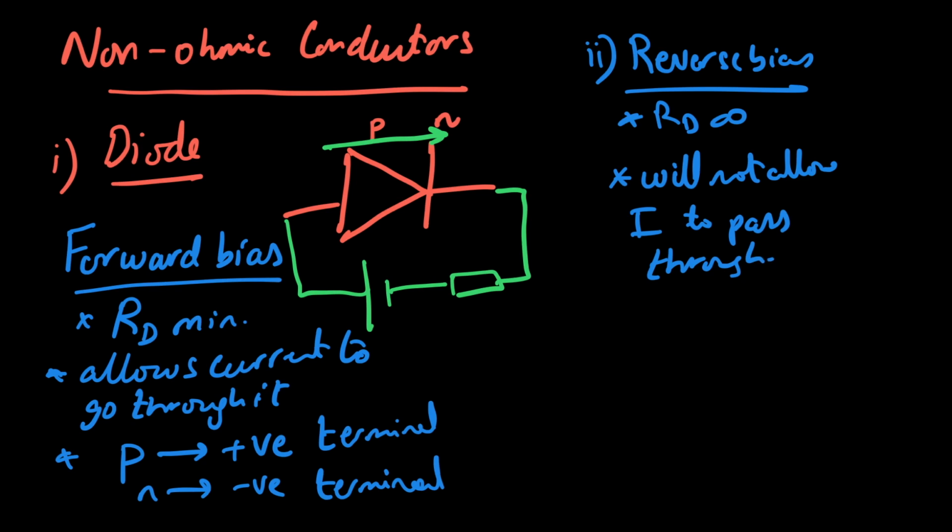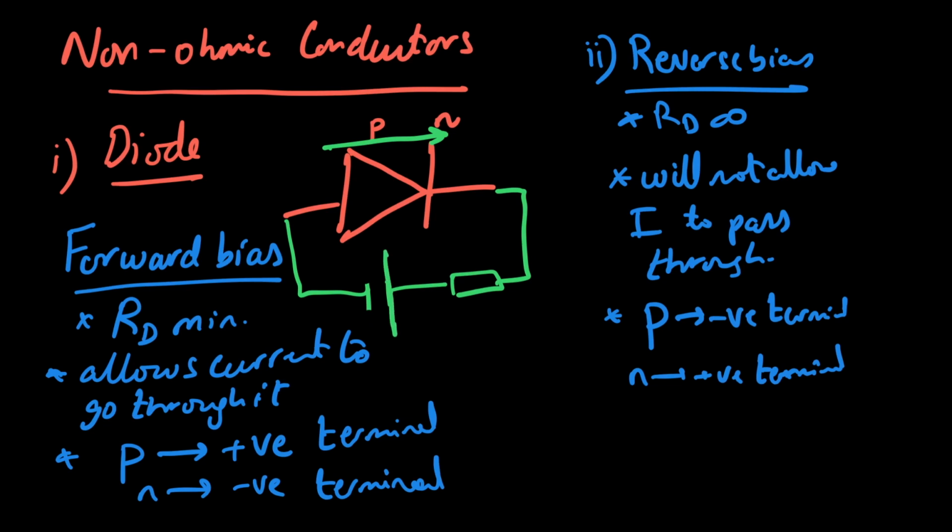And the third thing is, how do you achieve this? You connect P to the negative terminal of the battery, and you connect N to the positive terminal of the battery. So basically, in your diagram, if we reverse these connections,